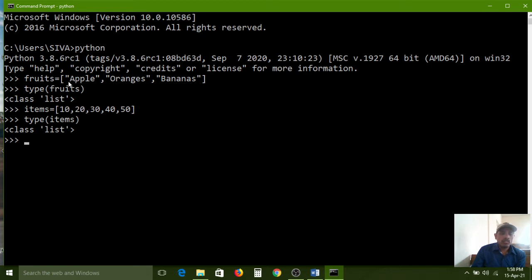And before, one example I have explained, fruits: apple, oranges, bananas, and these are string format. So this list is a string type of list. But in a list we can maintain duplicates also, and in a list we can maintain a combination of integers, strings, and also floating point numbers. I mean the fraction part we can also maintain, no problem.